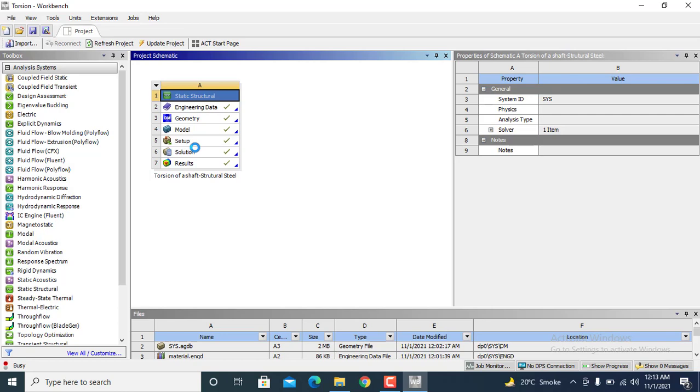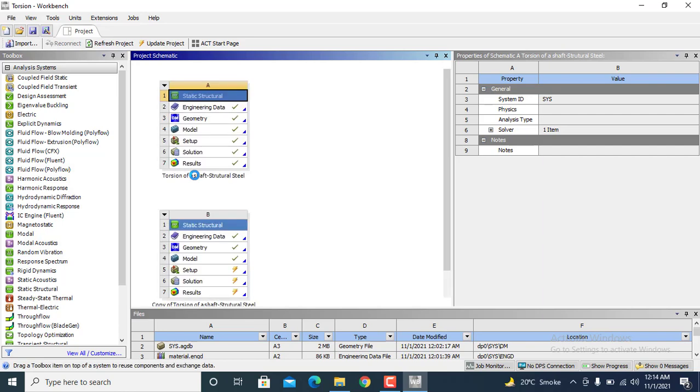We can just perform this analysis for, let's say, copper alloy. It is copying the model. The model has been copied.